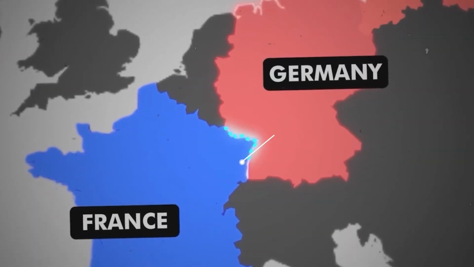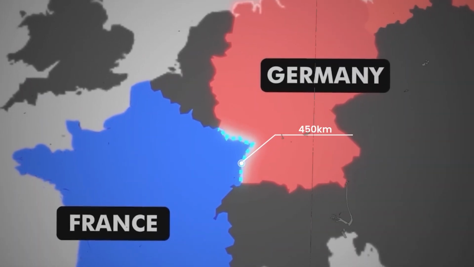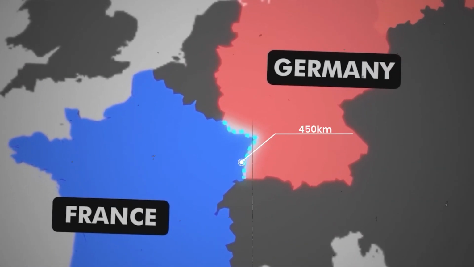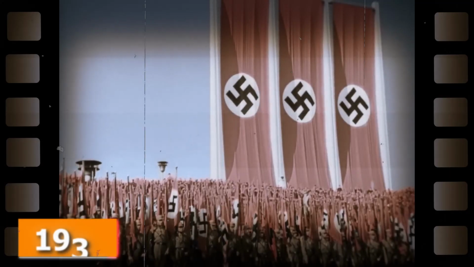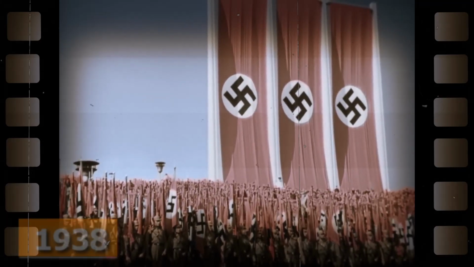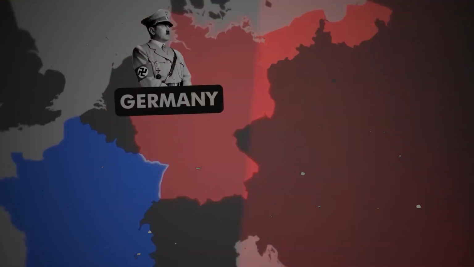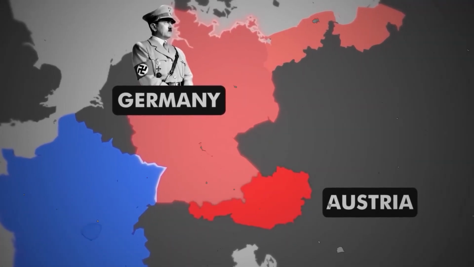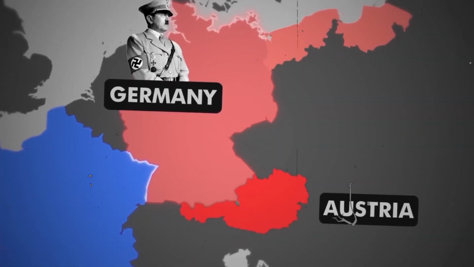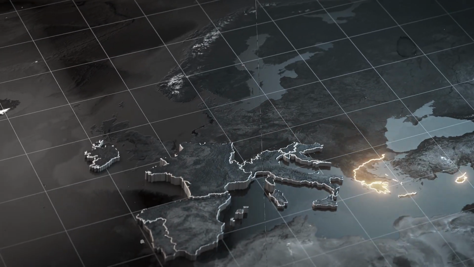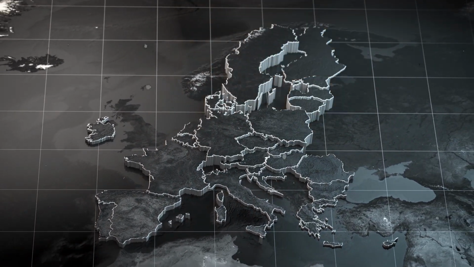France built a 450-kilometer-long fortification on its eastern border, named the Maginot Line. In 1938, when Hitler believed that his military was sufficiently prepared, he focused his attention on their neighbor Austria. Austria was a must-have country for Hitler. He wanted all German-speaking countries to unite as one nation.